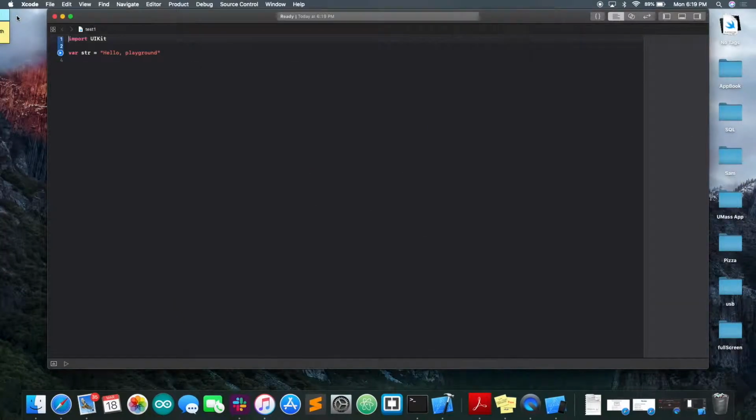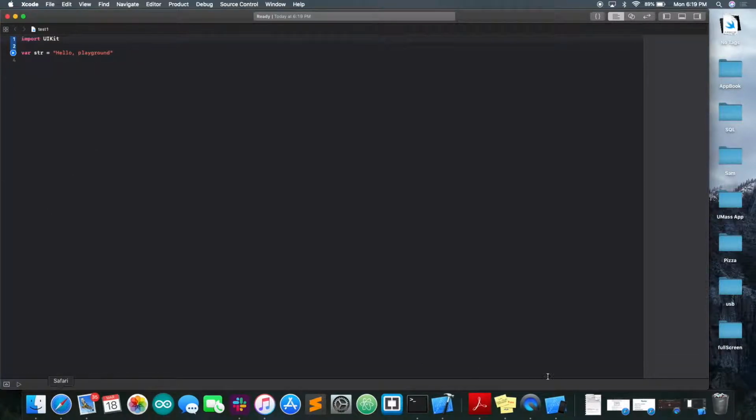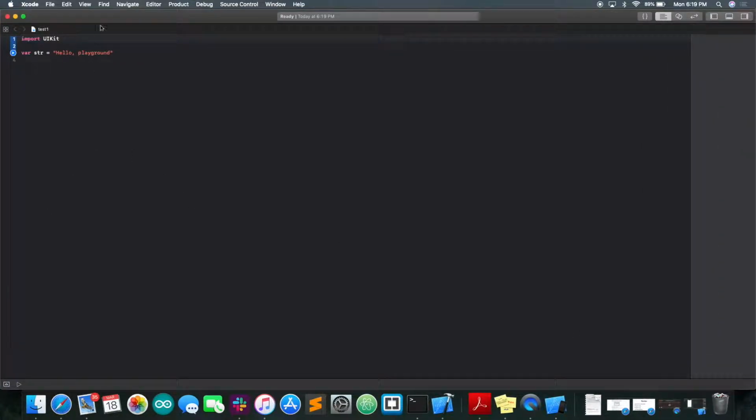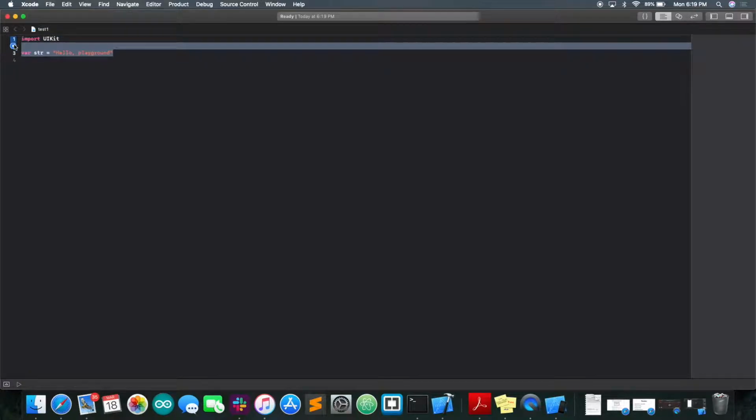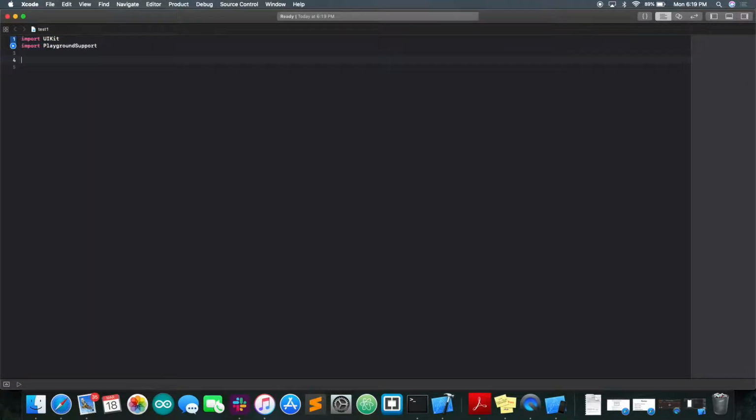I mean, this is the way I do it. You could do it differently. So this is a playground, and I'm just going to change this so we can use it as a view controller. I use this for UI sometimes. You import what's called PlaygroundSupport, and then you make a new class, which is a view controller, and just UI